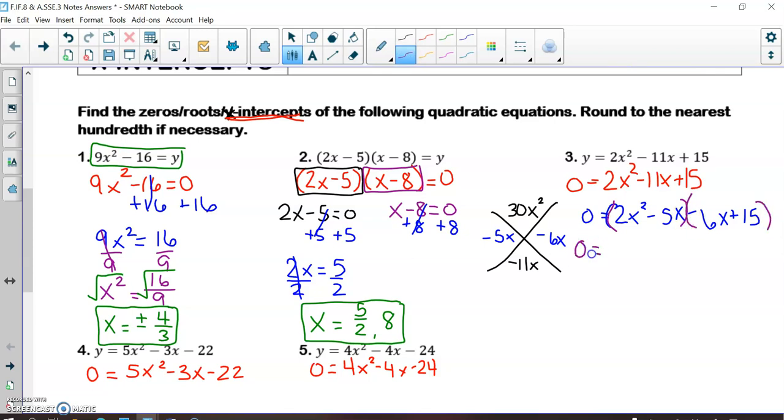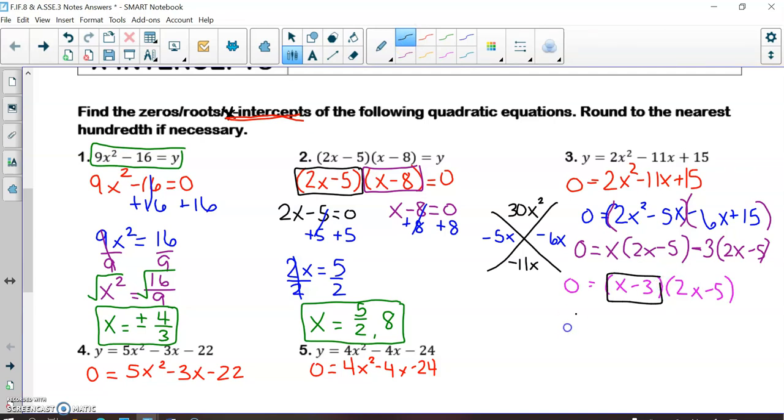My GCF out of my first two terms is just an x, and I'm left with a 2x minus 5. I would need to take out a minus 3 out of my next two terms to be left with a 2x minus 5. So one of my binomials is an x minus 3, and my other binomial is a 2x minus 5. So now using the zero products property, I'm going to set one of my binomials equal